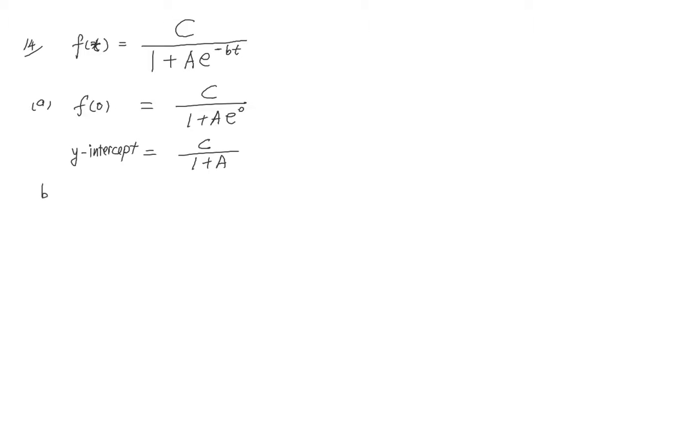Okay, done with that. Now they ask you to prove that y equal to c is the horizontal asymptote. So as long as you want to prove horizontal asymptote, you must do this part. Anything to do with horizontal asymptote, you must study as t approaches infinity, since t is greater than or equal to 0. There is no negative part as t approaches infinity. So we have to study this term first. So e to the power negative bt will approach